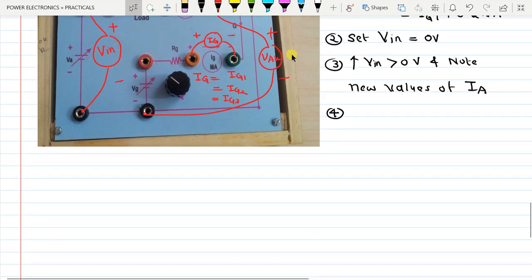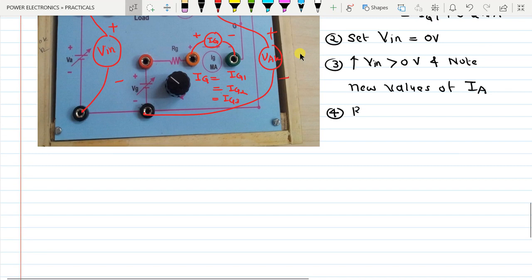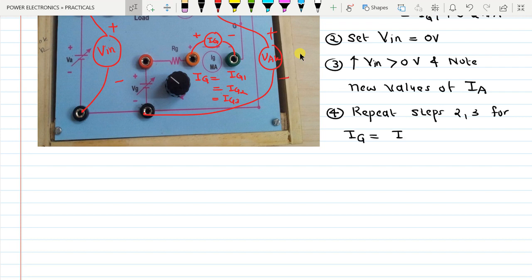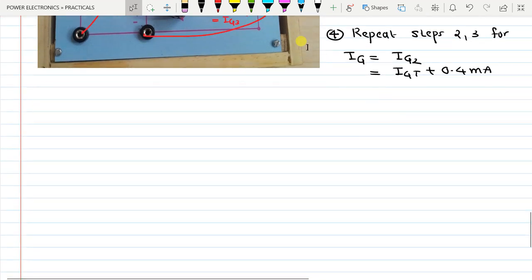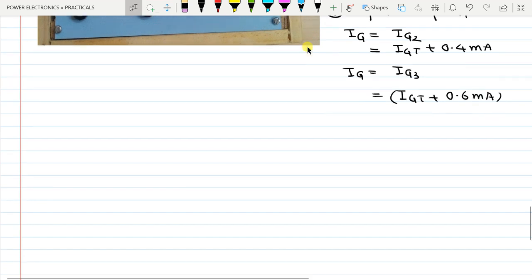Okay, fourth, repeat step number 2 and 3 for IG equal to IG2 equal to IGT plus 0.4 milliamperes, and also IG equal to IG3, which is equal to IGT plus 0.6 milliamperes, and